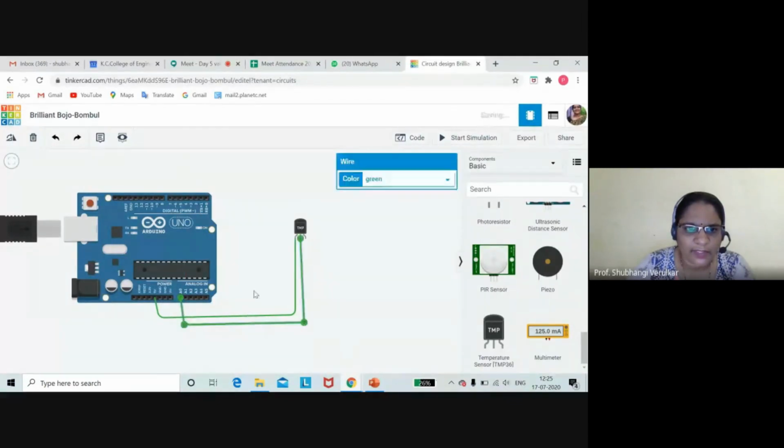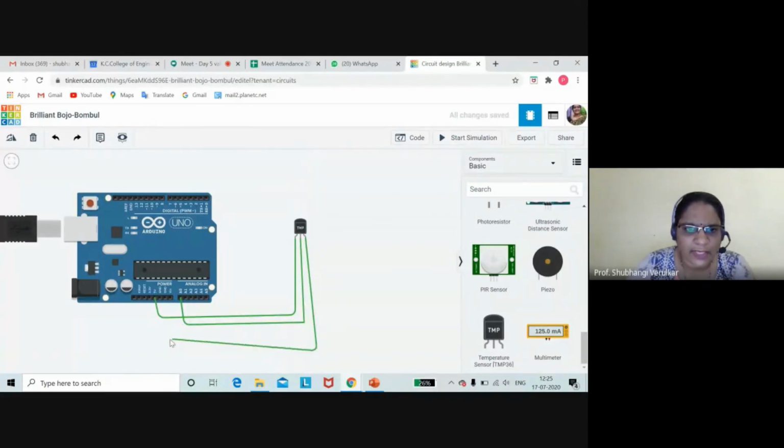So Vout I have connected to the A0 pin. This is ground. So we had 3 pins. This is the temperature sensor. This is Vout. I have connected it. Its out means the sensor's output, so it is connected to A0. Then this is ground and this is 5 volt. Okay. So we have connected it. Power. Done. Only this connection.